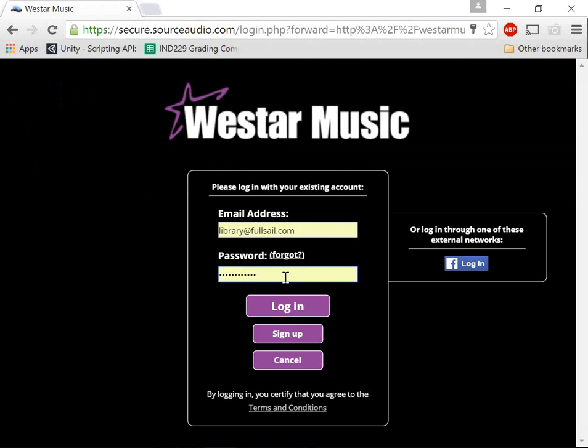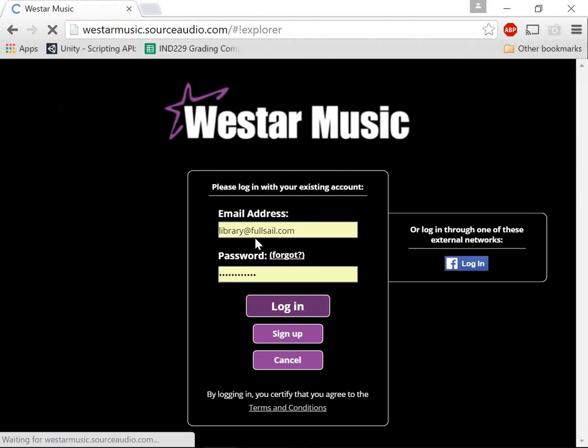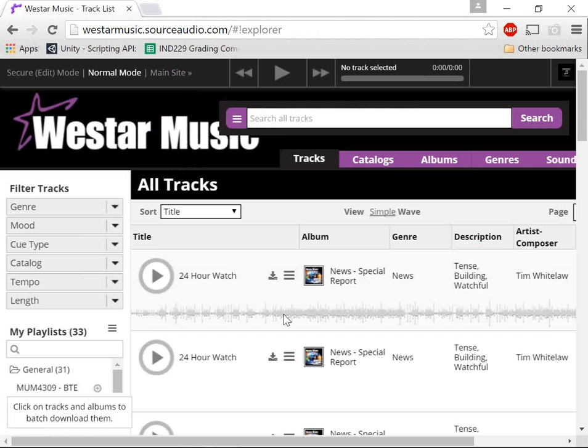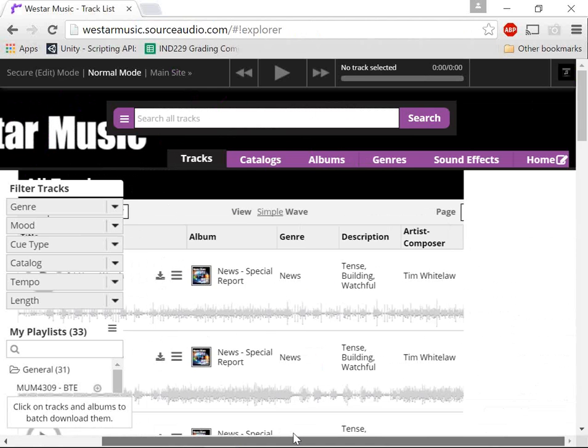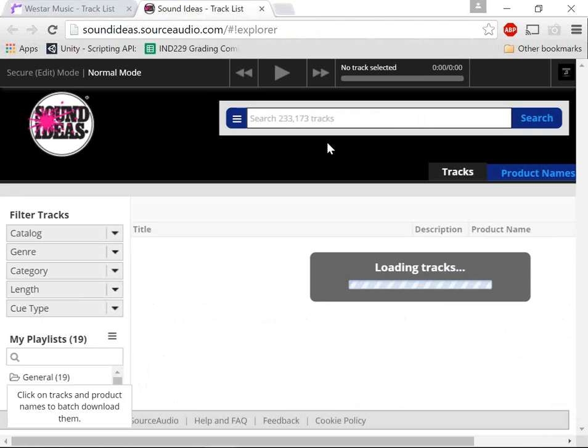That's the password to log in. So you can go ahead and log in. And they've got a really, really cool selection of sound effects and music. So they have music, but then if you just go to the sound effects tab over here,